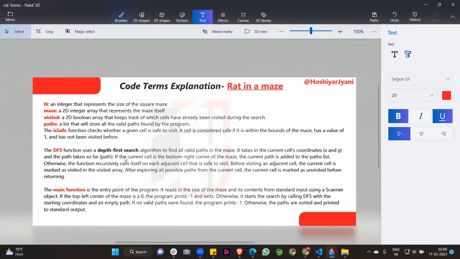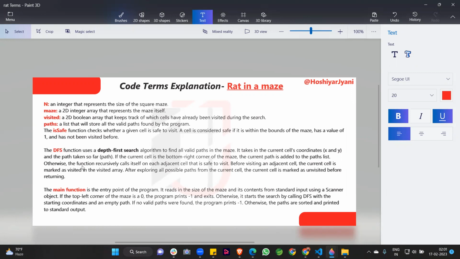If the current cell is the bottom right corner of the maze, then the path is added to the path list. So what is the meaning of this line? When we reach the bottom right corner, it means we can add the path to our array list because we found one path here.